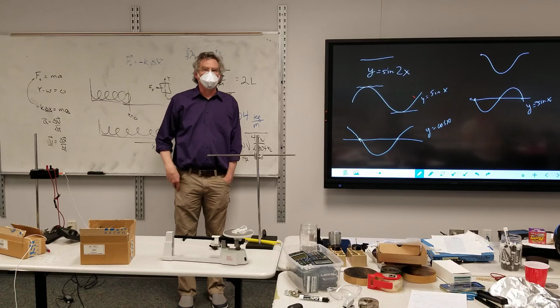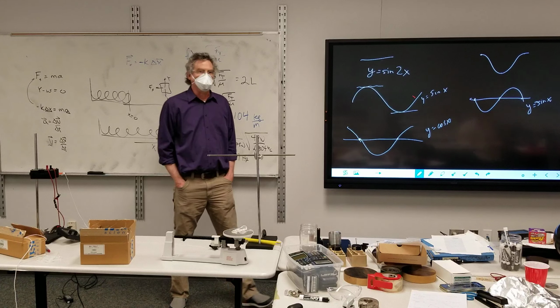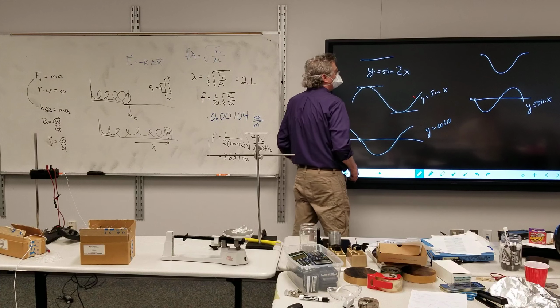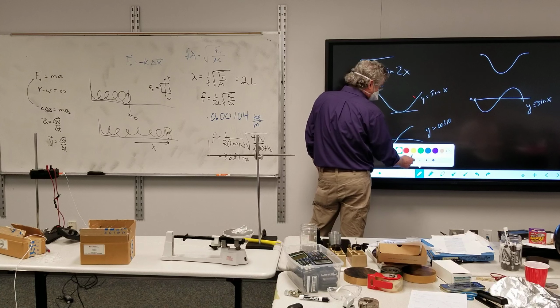What would throwing a 2 in there do? Would it double your period? It would not double it. It would cut the period in half. It basically shrinks it this way. In other words, if I take this and then I do it in half the time,